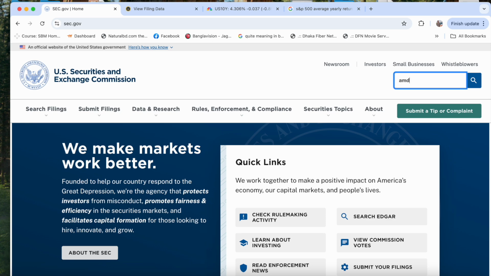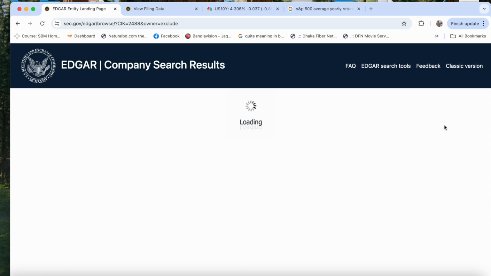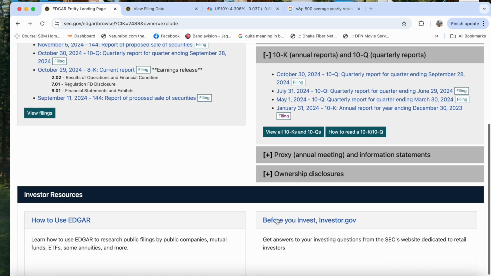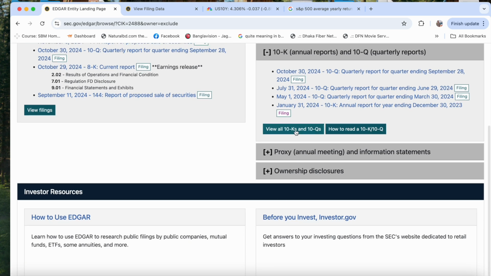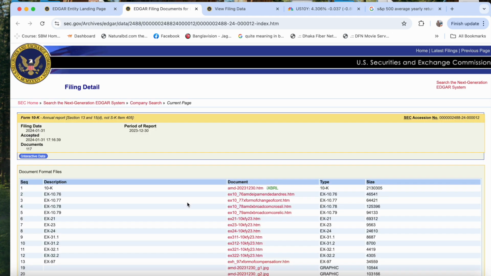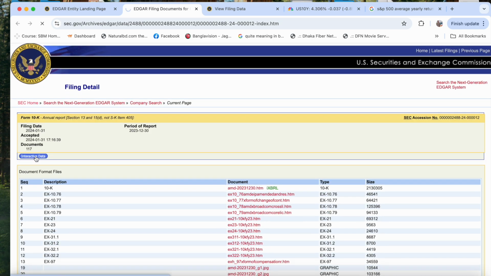So AMD, right, on the same website, and the 10-K file, annual reporting, and again view all the filings here, interactive data,